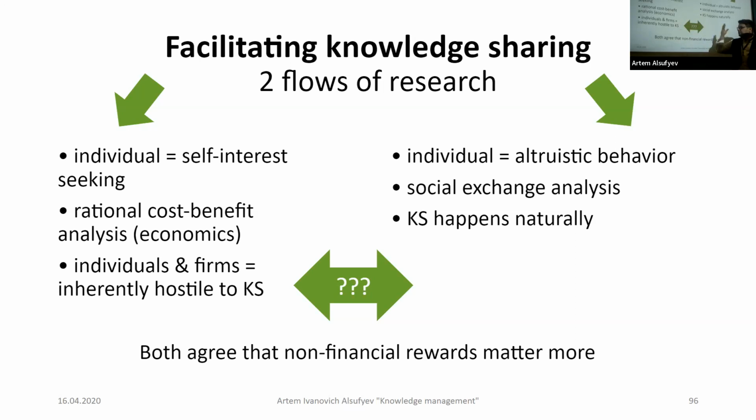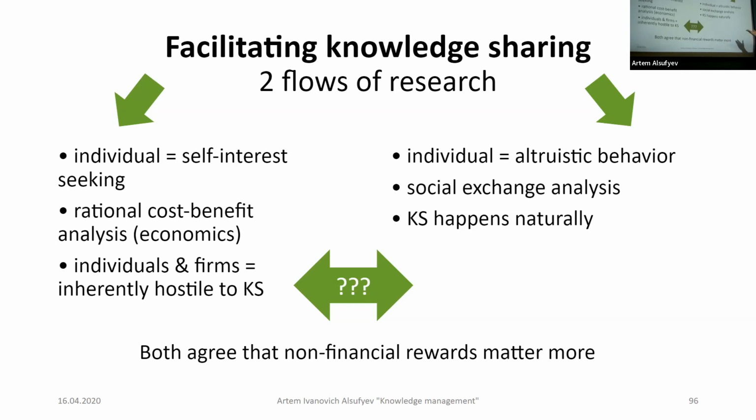Why? Right? Loss of value, do not have time, something else, right? Maybe they're going to fire me, and so on. So in this way, people do not want to share knowledge. This is kind of logical from this approach. But another way, which is different, this is from attachment theory, we're going to discuss it. Individuals' altruistic behaviors, we have a need to belong, and that's why we share our knowledge in one way or another. This is number one.